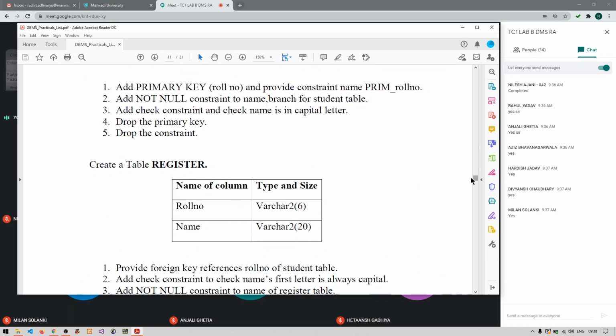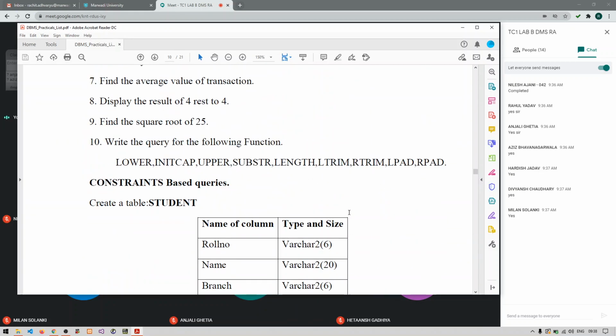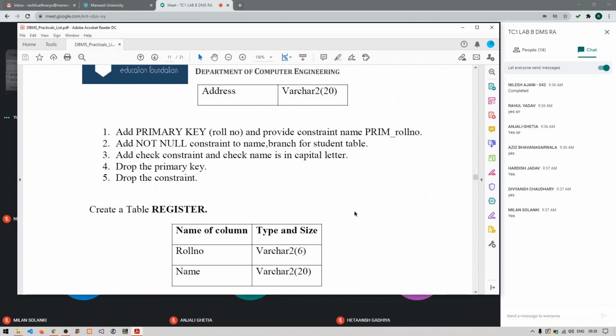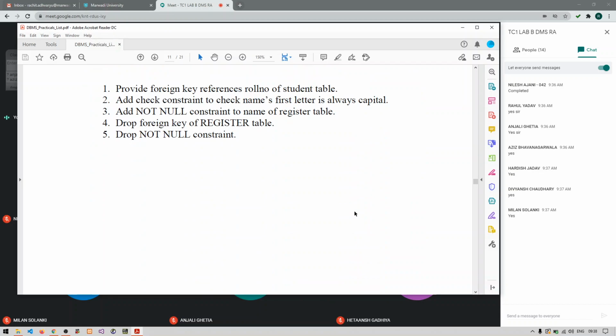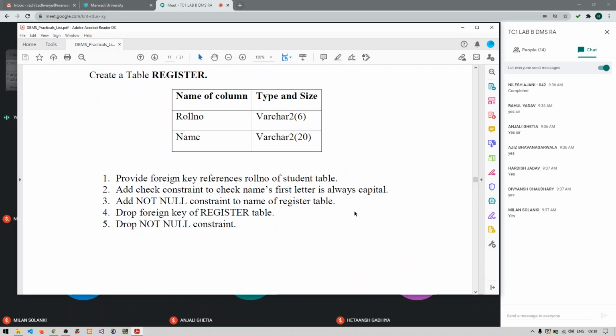I'm going to generate the Google Classroom for this particular practical 2 and 3 most probably today, and you will get a link for the same. Is there anyone who is left? I'm not going to give you any extra time to upload the practicals. You will get only one single day. The deadline will be tomorrow.